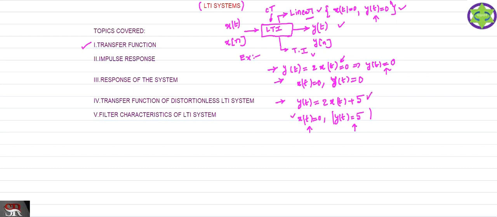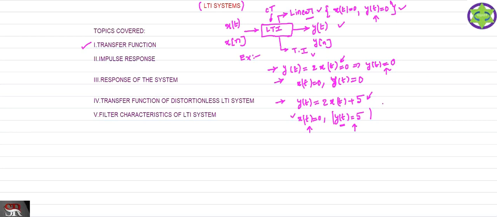In the second case, even before applying the input, your system produces the output. That means what? So is it possible to realize such type of systems? Never. We cannot realize such type of systems. Even though if the input is applied, so if the system produces the output, how can we realize that system? So it is not possible to realize such type of systems.